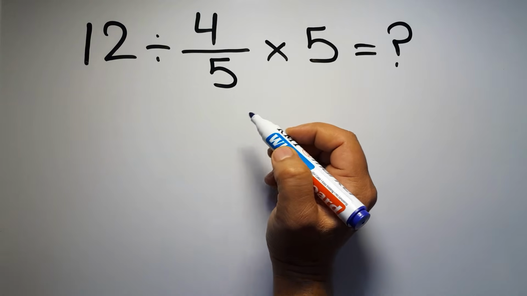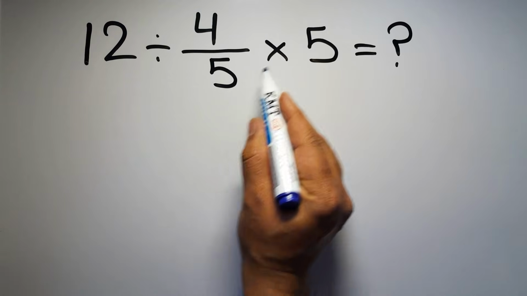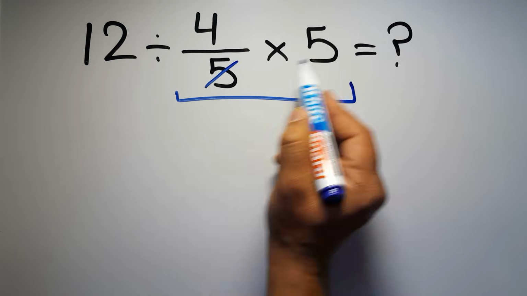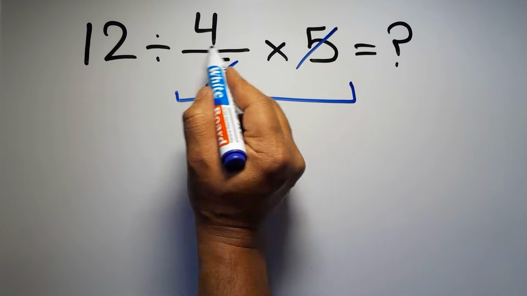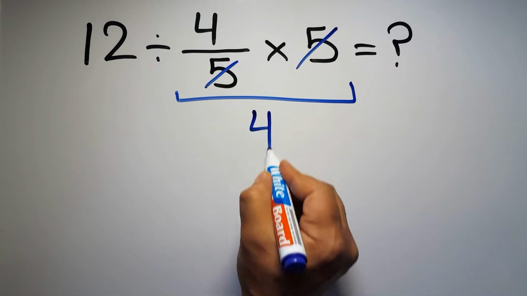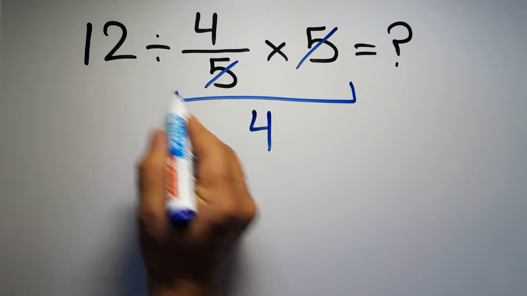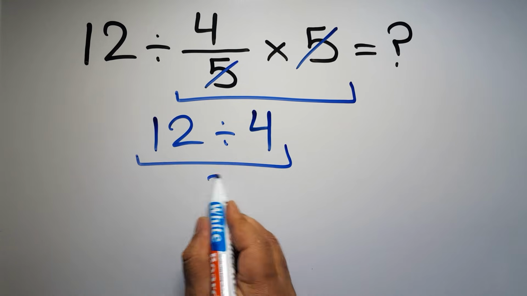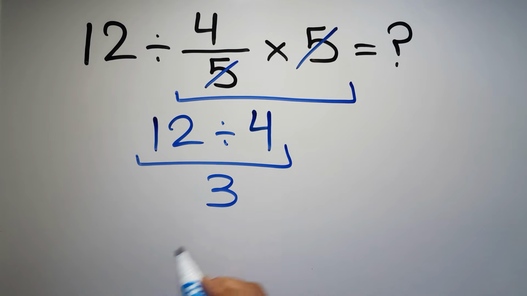First, we do this multiplication. 4 over 5 times 5. We can easily cancel this 5 and this 5. So here we have just 4. And 12 divided by 4 equals 3. But this answer is not correct,